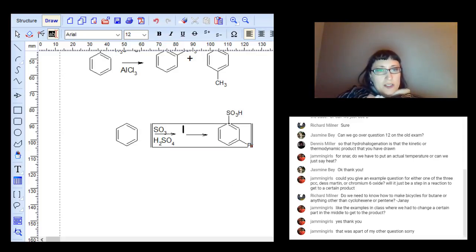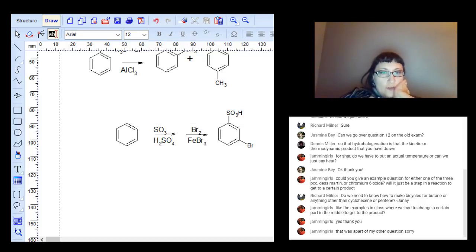And then the second reaction would just be bromine, diatomic bromine, and iron, whoa, that's not what I wanted at all. Let me try that again. There we go. And then iron tribromide. So that would be the first reaction there. And then the second reaction